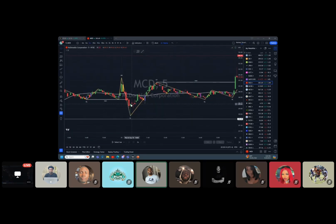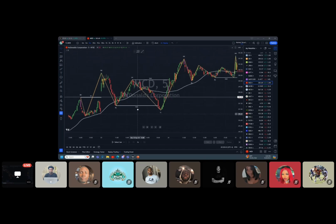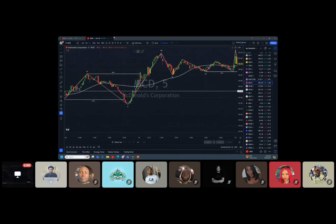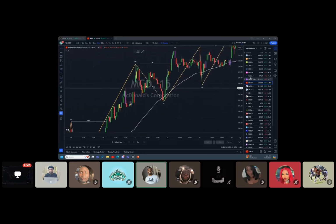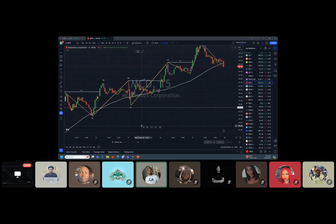candlestick. Feel your hammer candle right there. No, that's not it. Hold on. It's right here. Yep. And that was it. I saw it. I didn't take the trade. Nah, I see setups all the time. Bob gets on me about that. So